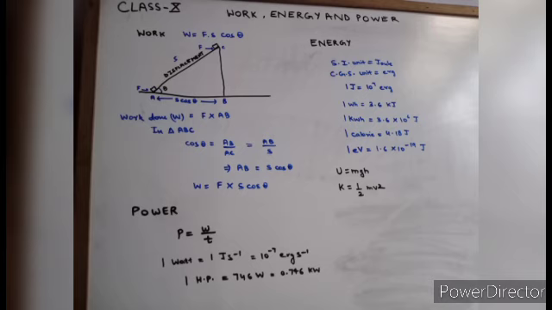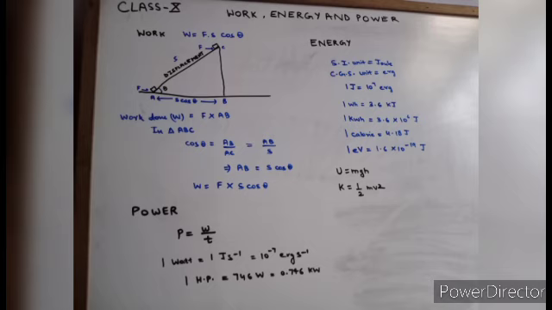Now, forms of kinetic energy. The first one is translational kinetic energy, the motion of a body in a straight line, and the kinetic energy of the body due to its motion in a straight line is known as translational kinetic energy. Rotational: simply the motion of the body in a rotational or circular path, due to which the body possesses kinetic energy, is known as rotational kinetic energy.